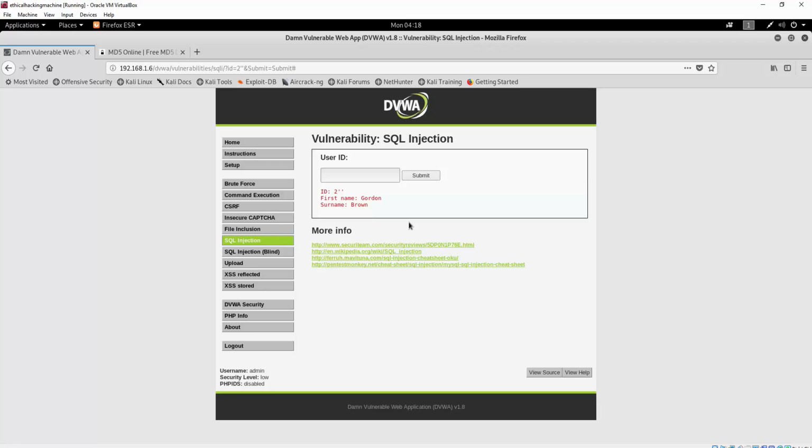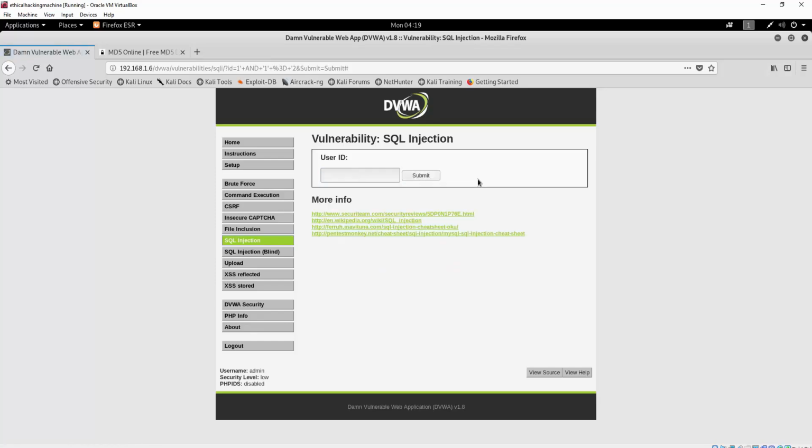Now, what does this mean? It basically means if we type here the same command as we used in the previous one, so we, for example, use the user under the ID of 1, and then we type here and 1 equals 1, and we submit that, we will get the user under ID 1. But if we type 1' and 1 equals 2, wait, I forgot the apostrophe,